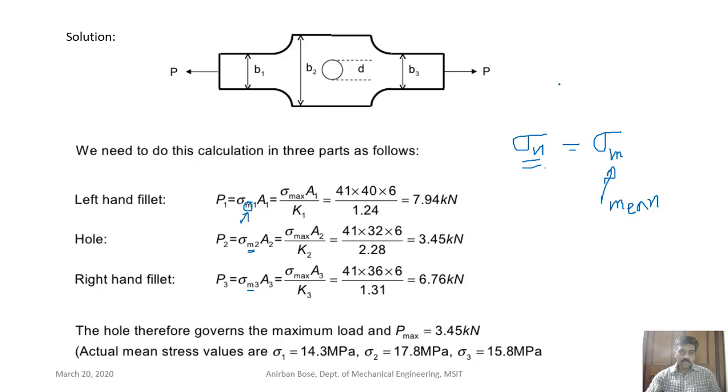So the formula that we know for finding sigma max is: sigma max is Kt into the nominal stress, sigma nominal. Okay, so